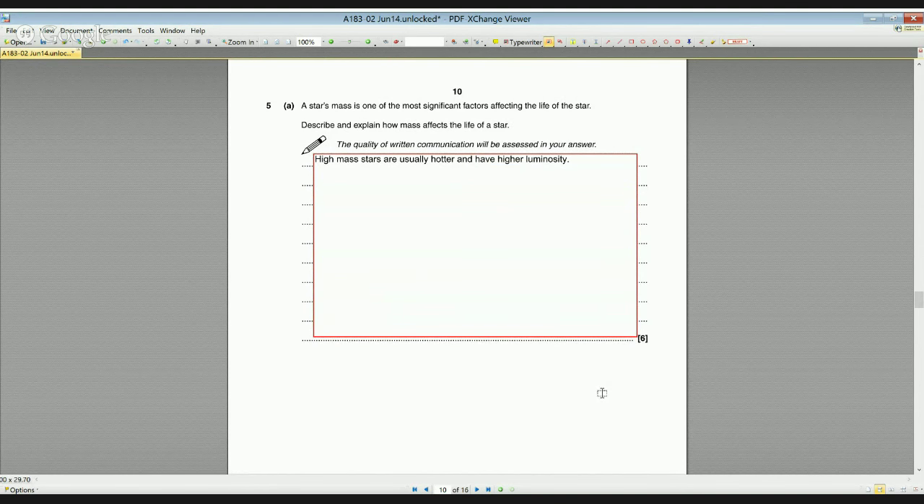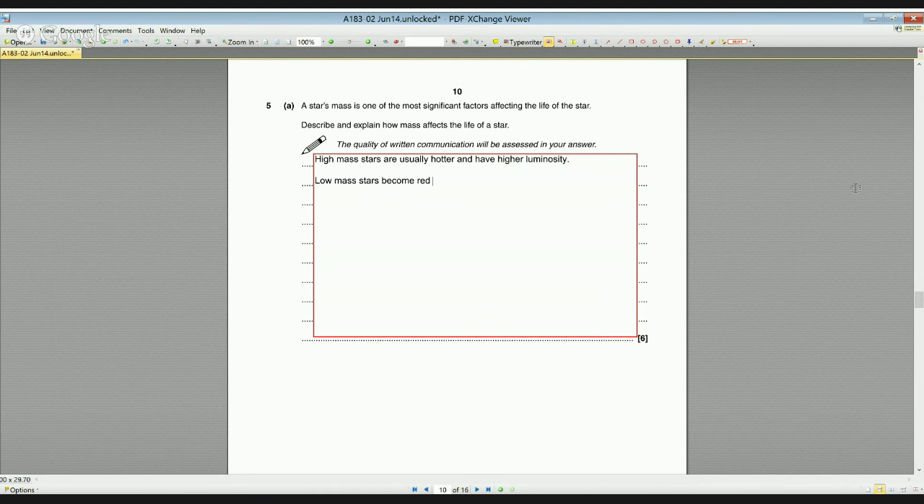There's other details you can add in there if you want to as well. They tend to have shorter lives and so on. Now, the main thing it's looking for here is looking at the life of a star. It's not just talking about what the star is like, it's looking at the whole life of the star. So there is a difference between the life cycle of a low mass star and the life cycle of a high mass star. Low mass stars